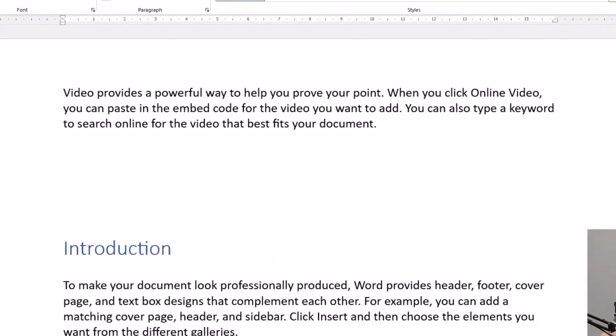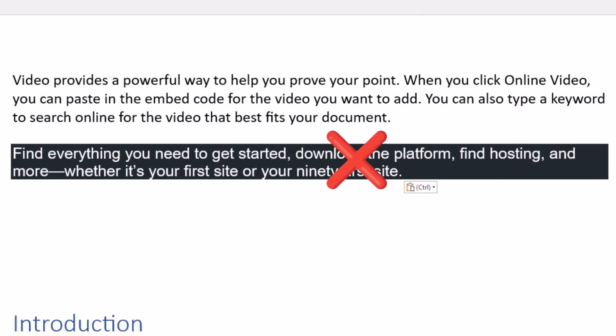Today, you will learn how to paste text in Word without formatting so that only the plain text comes into